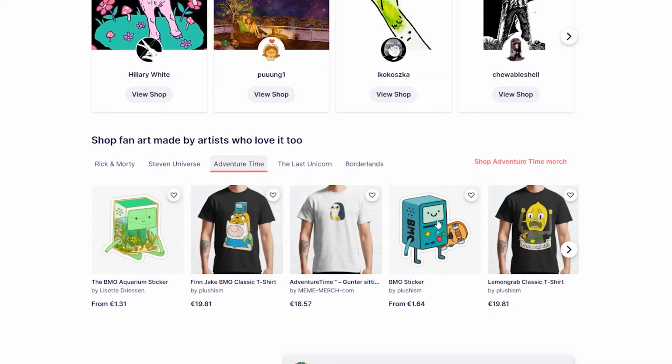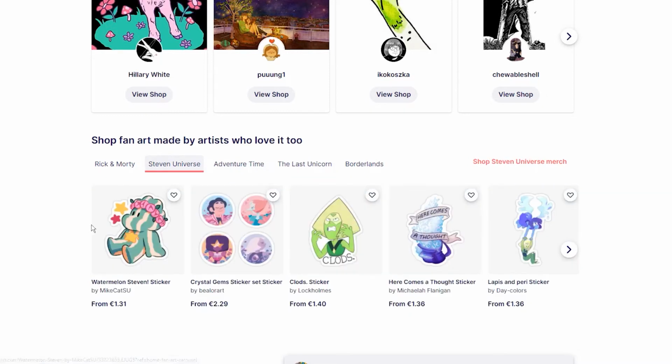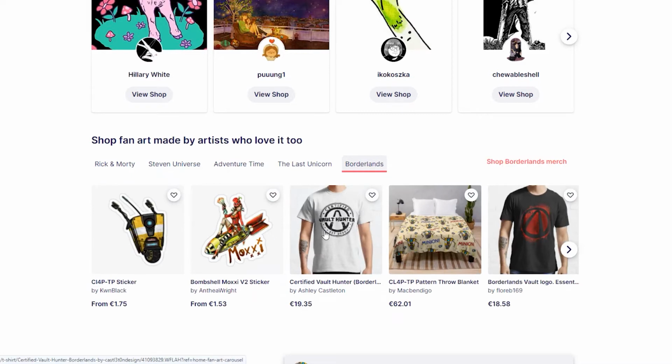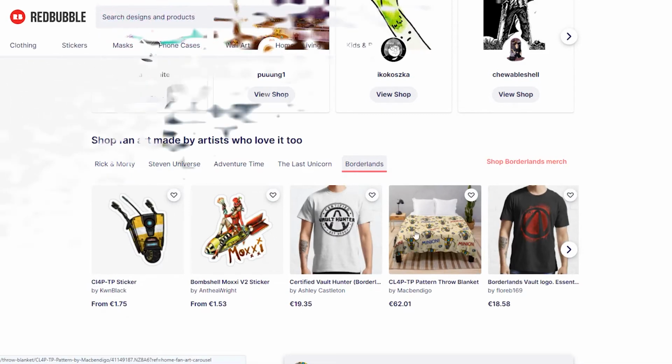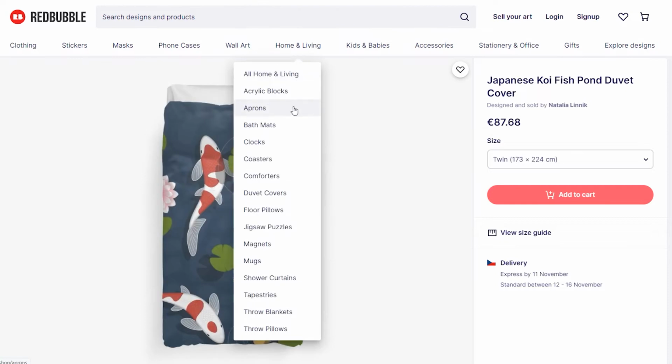Thankfully, on Redbubble, there is no need to resize your design for each product. But still, the file dimension depends on what your design is going to be used for. Different products have different dimensions here at Redbubble, but if you want to be sure your design fits everything, then you need to make a design for the biggest product on the market. And the biggest product on Redbubble at this time are duvet covers.